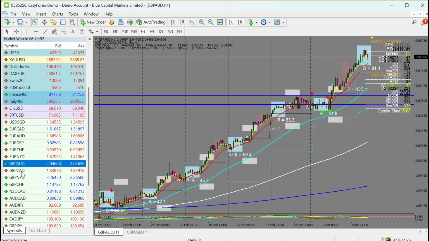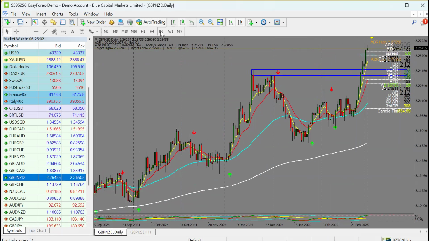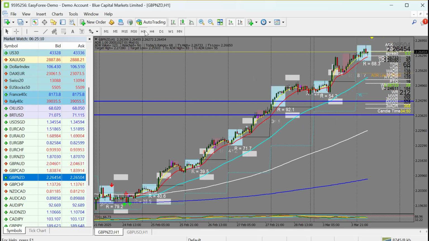Another trade we can check is GBP NZD. Also on GBP NZD, we talked about the idea that this market would give us some sort of buys. The market came and broke that resistance region. So the market is heading very well on the lower time frame. We're still looking for buy opportunities on the GBP pairs.